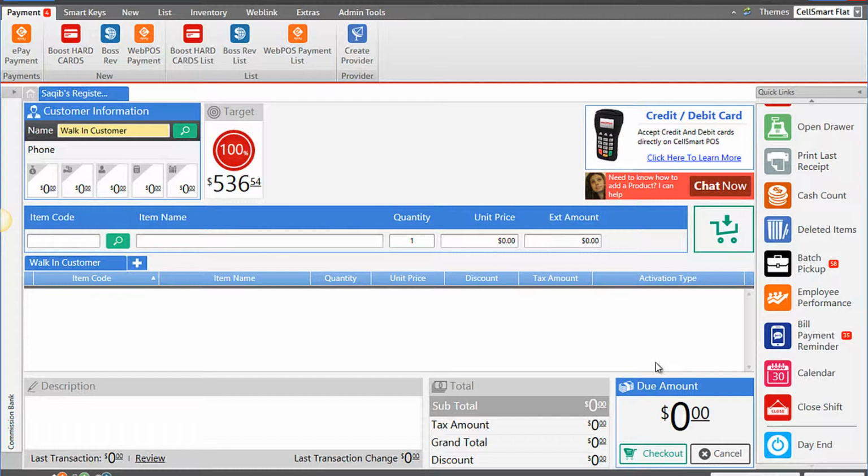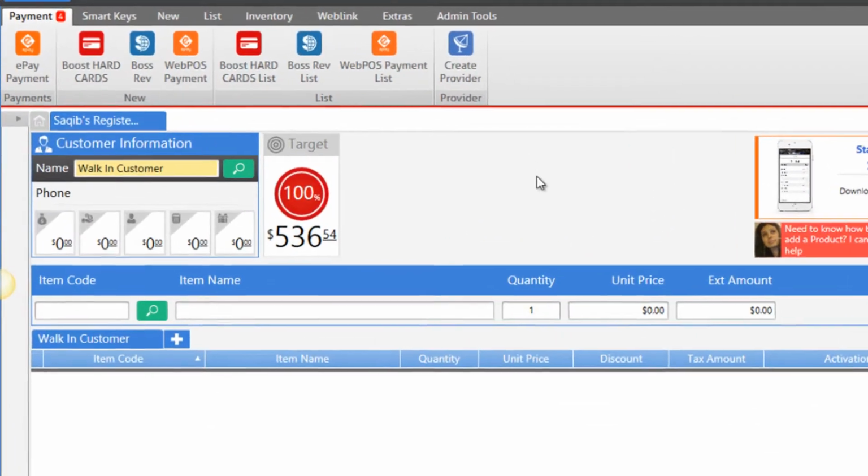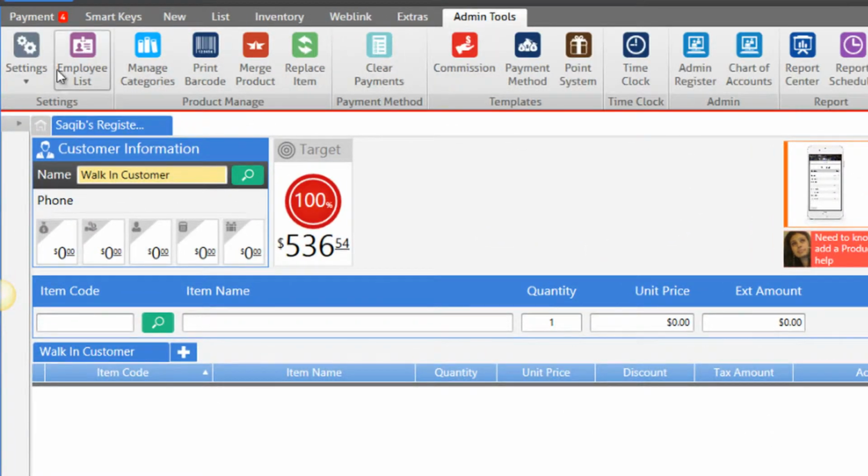This will help in keeping track of all the activations done in your store with their carrier information, and will allow your customers to have a written description of the carrier and add-ons they selected during the activation on their receipts. To create a new plan, you may click on the Admin Tools tab, then the drop-down menu for Settings,